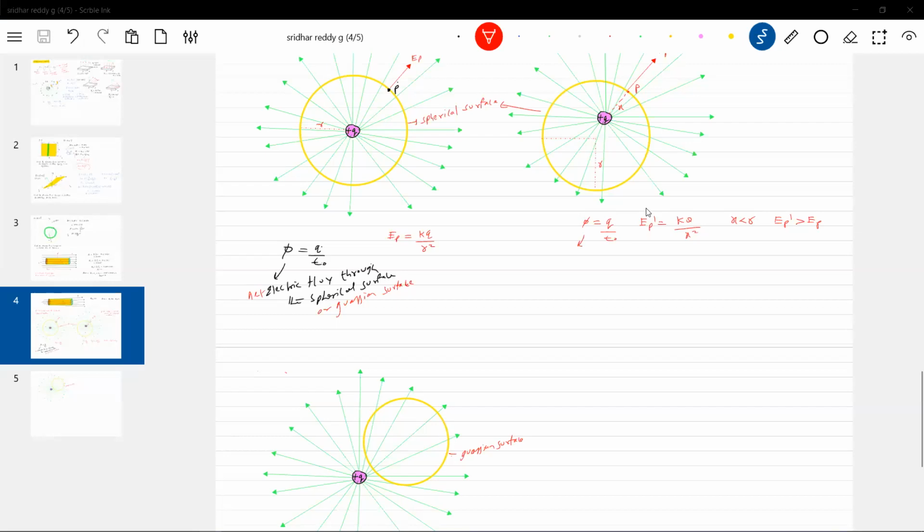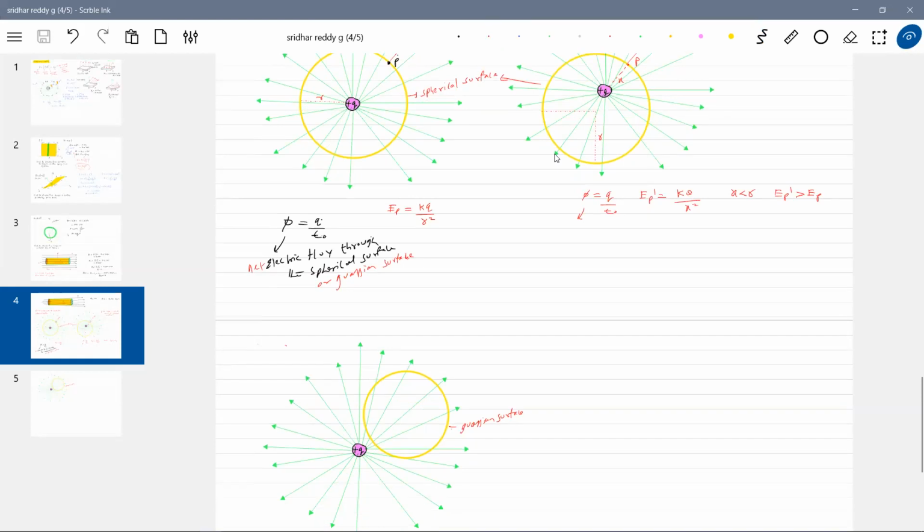Okay, Maya. It will be 0, no? How many lines of force are entering? Those many are leaving. 1, 2, 3, 4, 5. These lines are entering and leaving. What is the net flux? It will be 0. So now what can we write? How many lines of force are entering? Those many are leaving. So definitely the net flux.